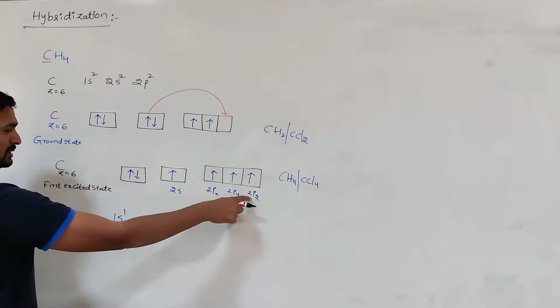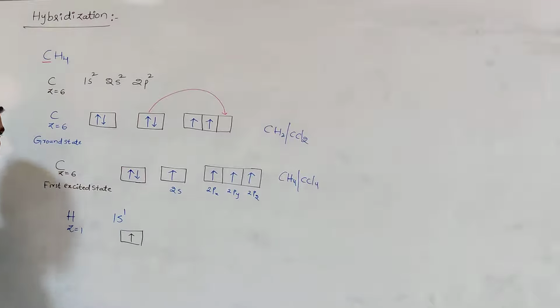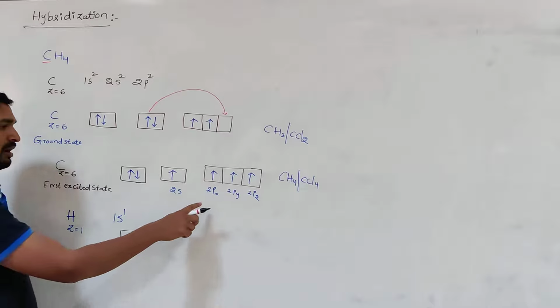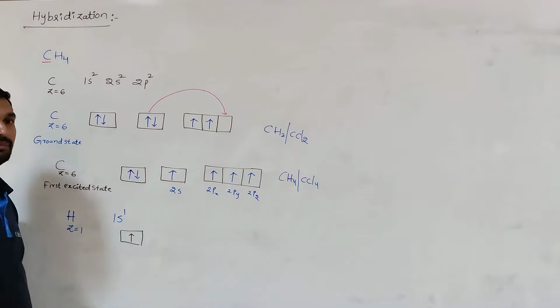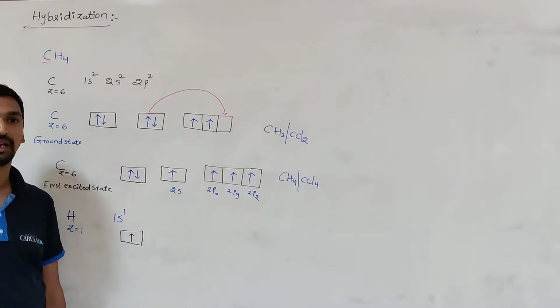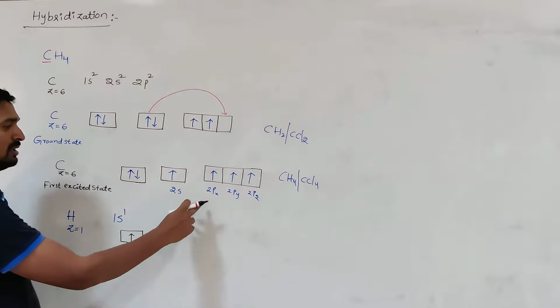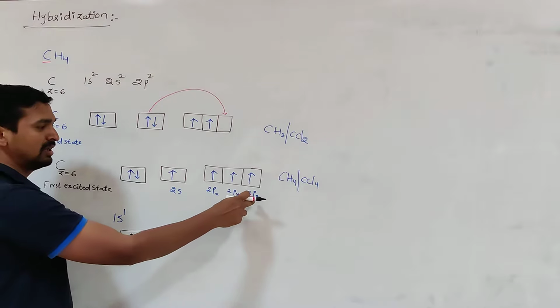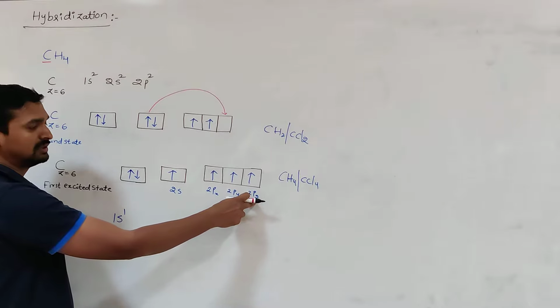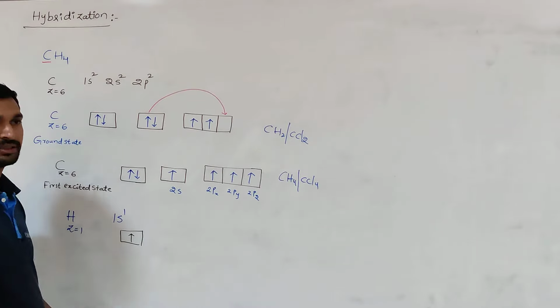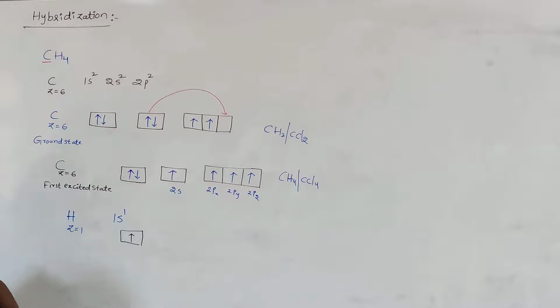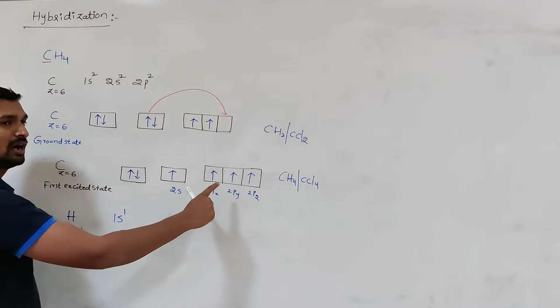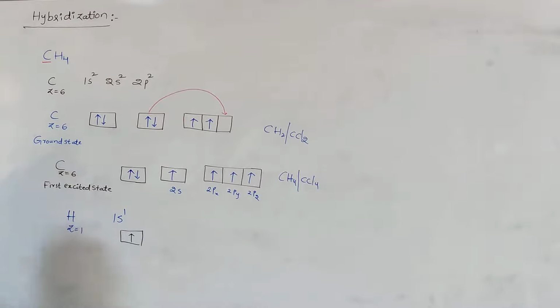The fourth orbital is overlapped with the 2pz orbital. Here I would like to say one point. All the three 2p orbitals are mutually perpendicular to each other, or at right angles, because one is oriented along x, another along y, and the third along z. So all three axes are at right angles to each other, maintaining a 90 degree angle. The 2s orbital is spherically symmetrical.